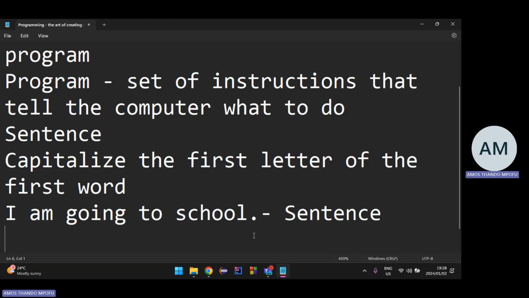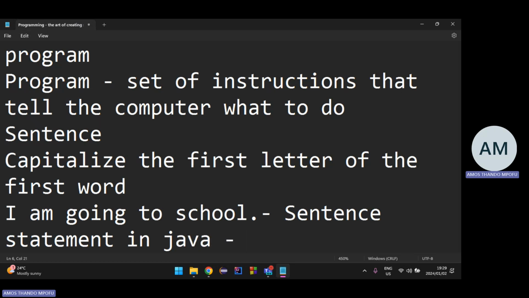So remember that the art of programming, the art of just writing programs, is mimicking the real world. If you check everything that I've stated so far, I'm relating it to the world that we live in. I'm talking about statements in programming. I'm saying they're equivalent to what? Sentences. Just like in Java, this is how you'd write a statement in Java. A statement in Java is anything terminated with a semicolon.